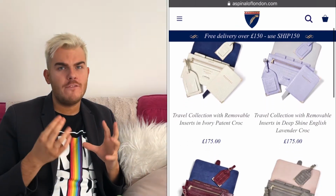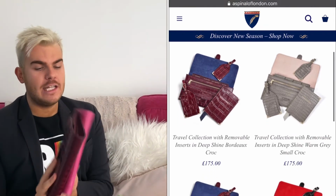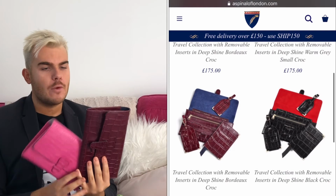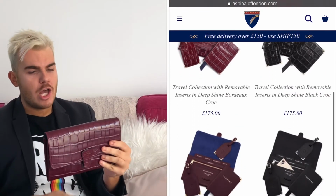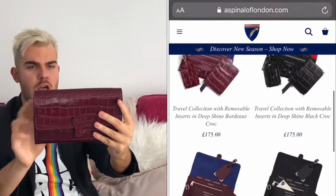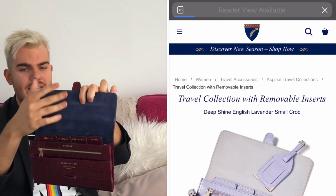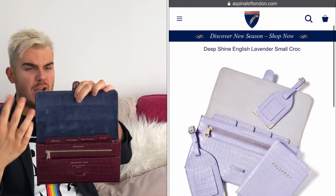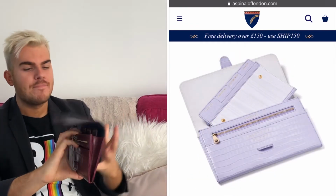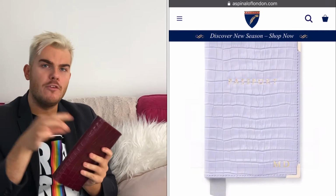I have 2 of the travel wallets, which I would absolutely recommend. And I have these in 2 different colours and 2 different leathers. So I have my Bordeaux mock croc, and this is the larger mock croc. This was my first one, and it has the blue suede feel microfiber lining, and it's got all the compartments, as you can see. Now mine are the older style, so you don't get the removable insert,